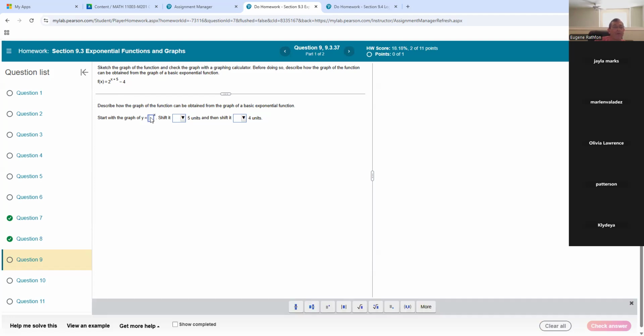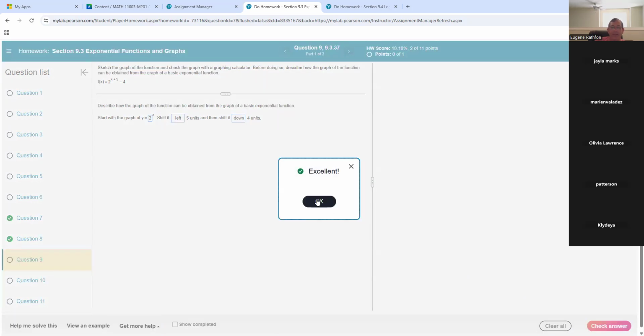So start with the graph of y equals 2 to the x, that's your base. Shift it blank, 5 units. So up, right, left, or down. Since they're adding 5 to the x, it's going to go left when you add. And since that 4 at the end is being subtracted, that's going to go down 4. So on that one, you check your answer